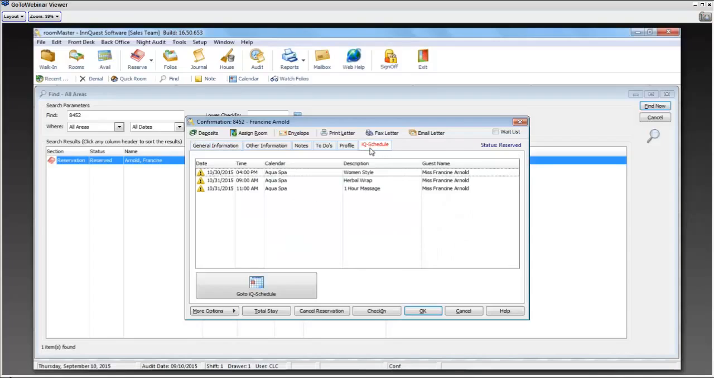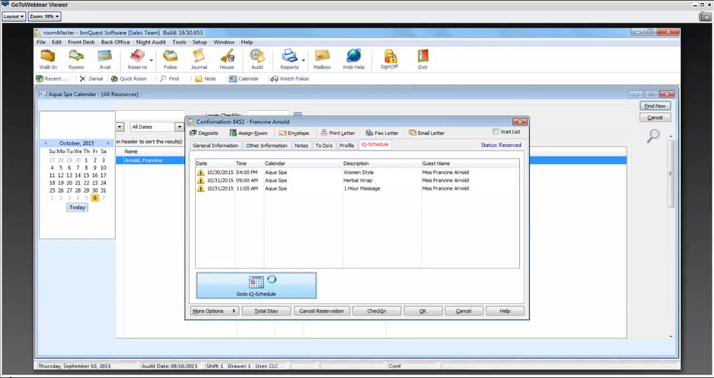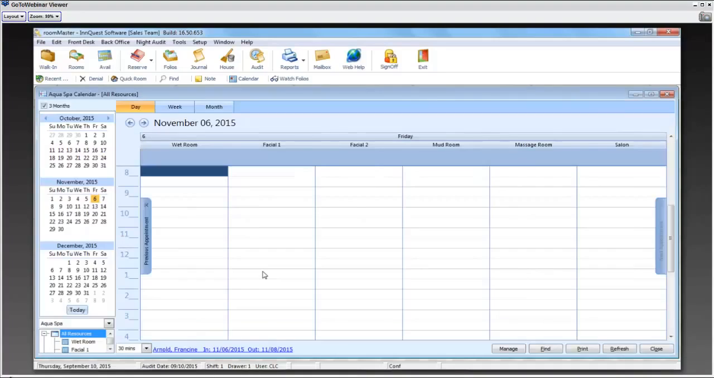And when you go to IQ Schedule, it changes these to an alert because these are now not within the range of the reservation, because you've changed the dates. And so it's alerting that staff member, whomever is speaking to Francine, that they also need to update her spa appointments. And so you could go right to IQ Schedule, and we could go to the 30th and be able to update Francine's spa appointments that she has on the 30th and the 31st, so we can then change these